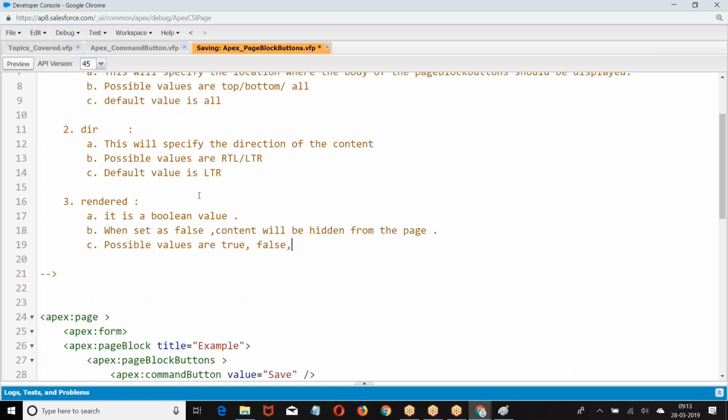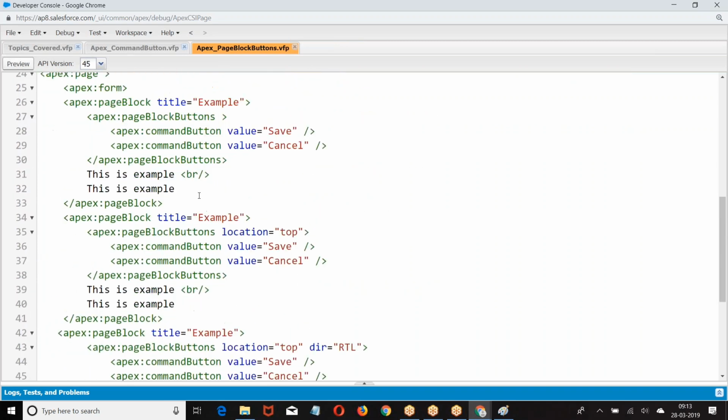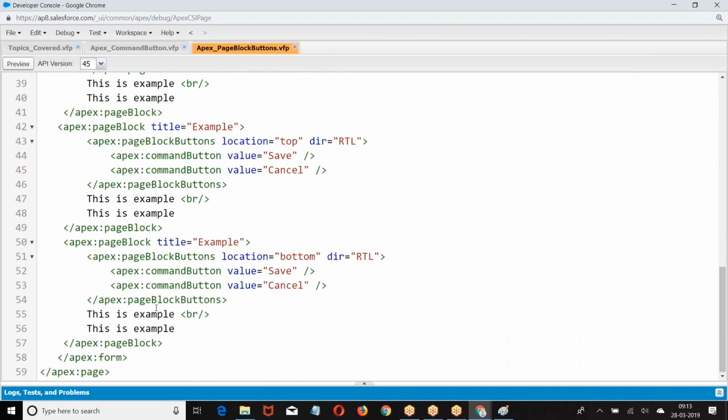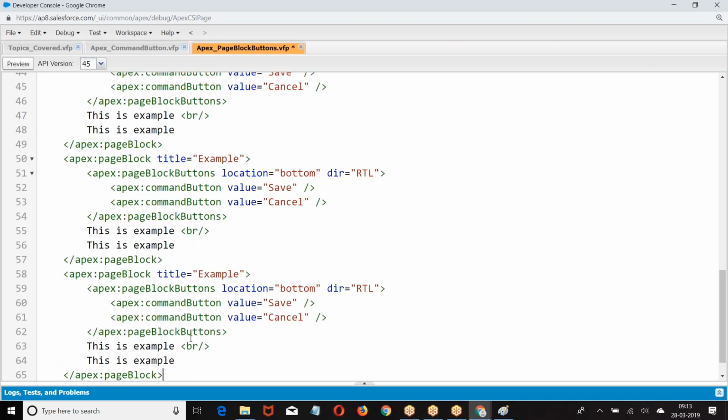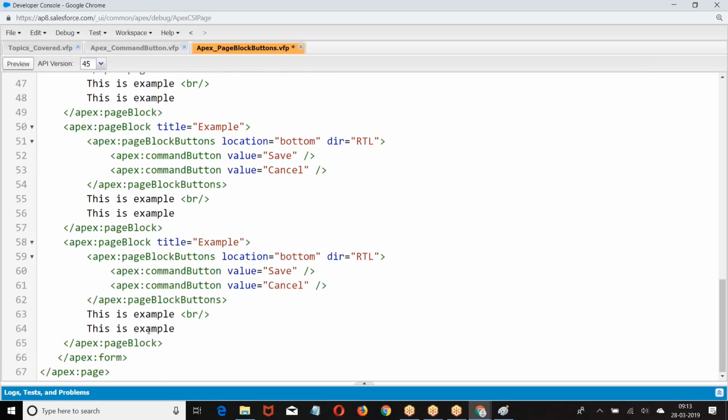Now the question is: is it only the buttons which are displayed on the page block buttons? That's the question. Boss, it's not only buttons. Anything that you write will be printed here. Anything that you write, let us say